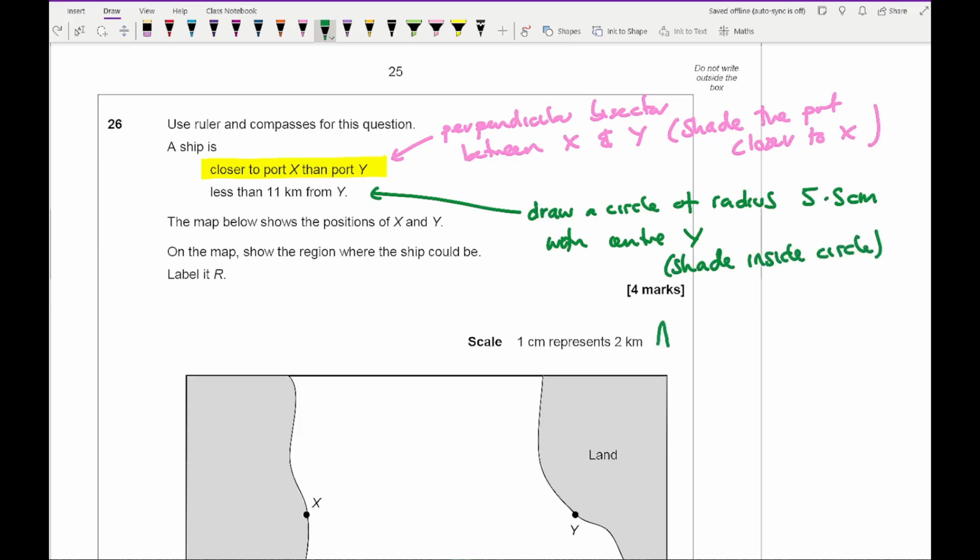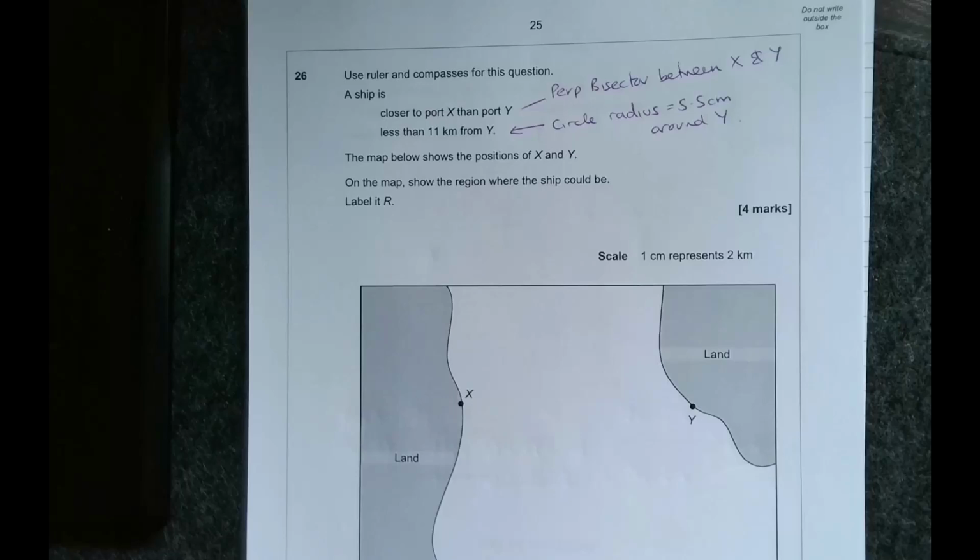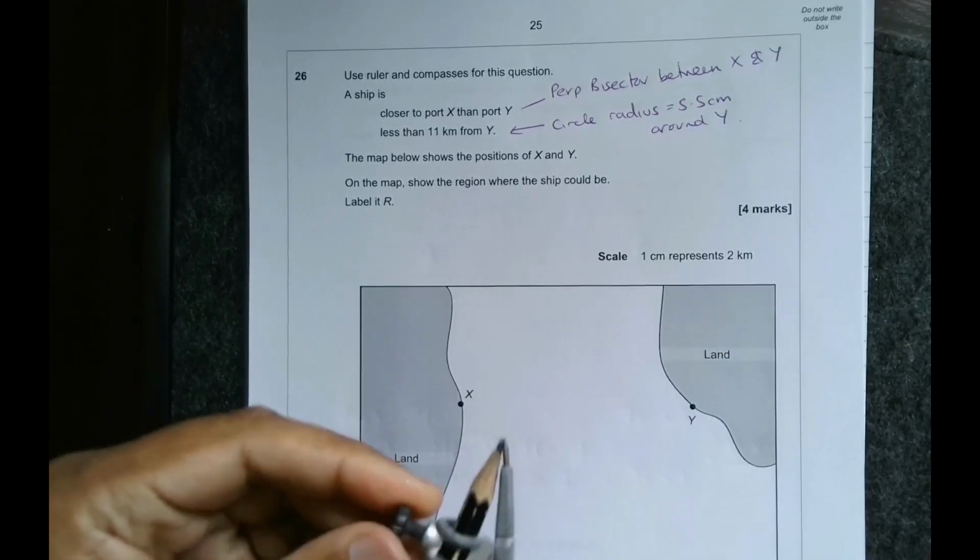And then the answer is the region shaded twice. And what I'll do is I'll show you now how to do that. Now to draw the perpendicular bisector between X and Y, what you want to do first is make sure that